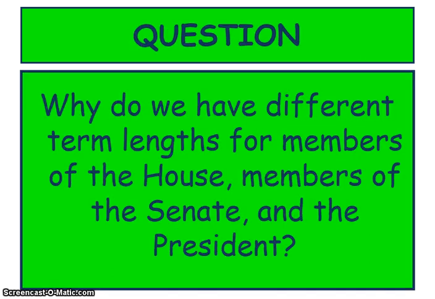Now, one question is, why do we have different term lengths for members of the House, members of the Senate, and the President, who we haven't talked about yet? Members of the House have 2-year term lengths, members of the Senate 6 years, and the President has a 4-year term length. Well, the answer to that is we don't want to have some massive transition at one time. Members of the House are all re-elected at the same time every 2 years. But members of the Senate, even though they have 6-year terms,